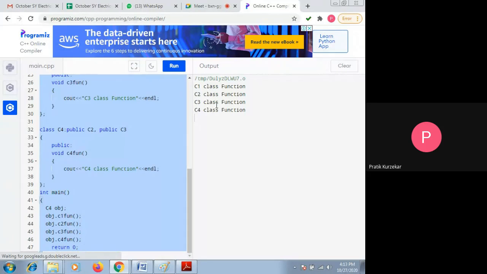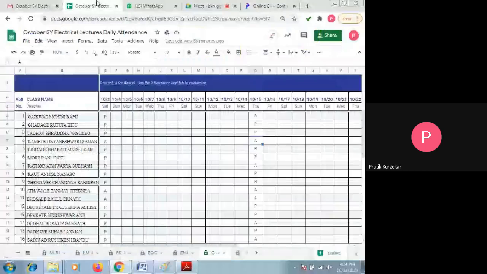If anybody has a doubt in today's lecture, you can ask. आजच्या लेक्चर मध्ये कोणाला डाऊट आहे का? If anybody has a doubt in today's lecture, you can ask. No, sir. Okay. So today's date is